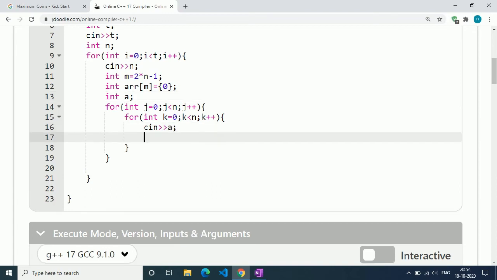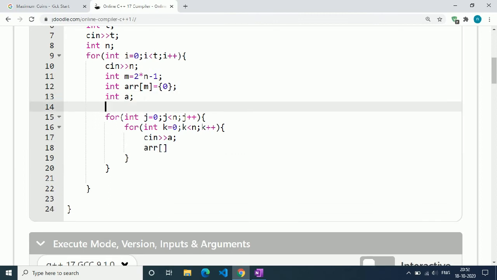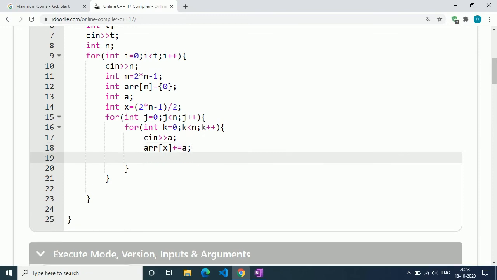So int a, we get the first element of the matrix 0, 0, and we are going to store it at m divided by 2, half. So let's say int x equal to 2n minus 1 over 2, that is simply the length of the array divided by 2. So that is the location where we store our first element 0, 0.